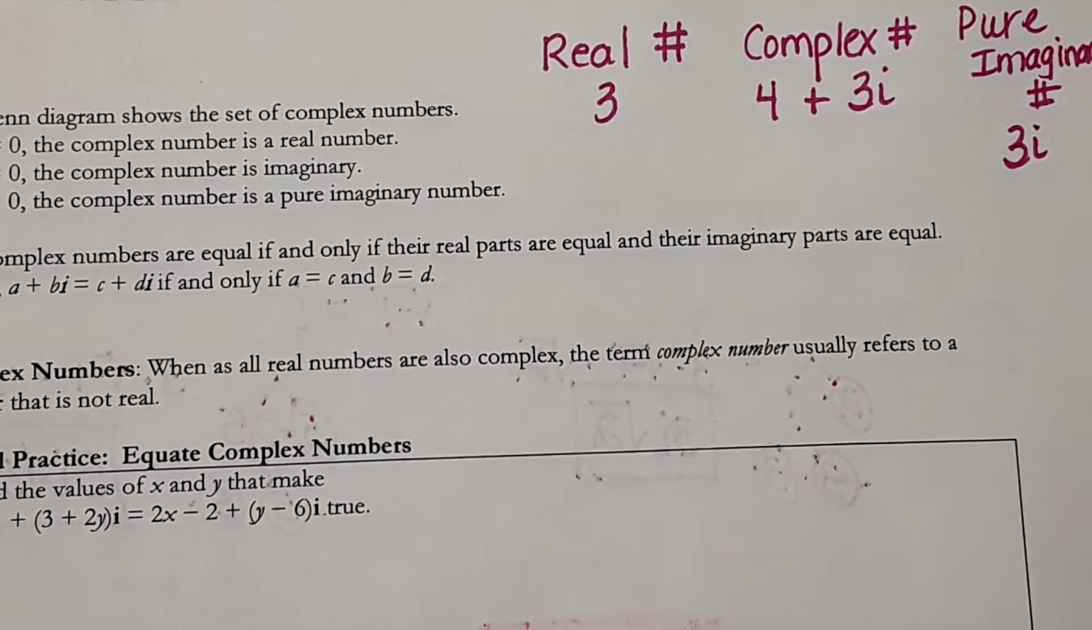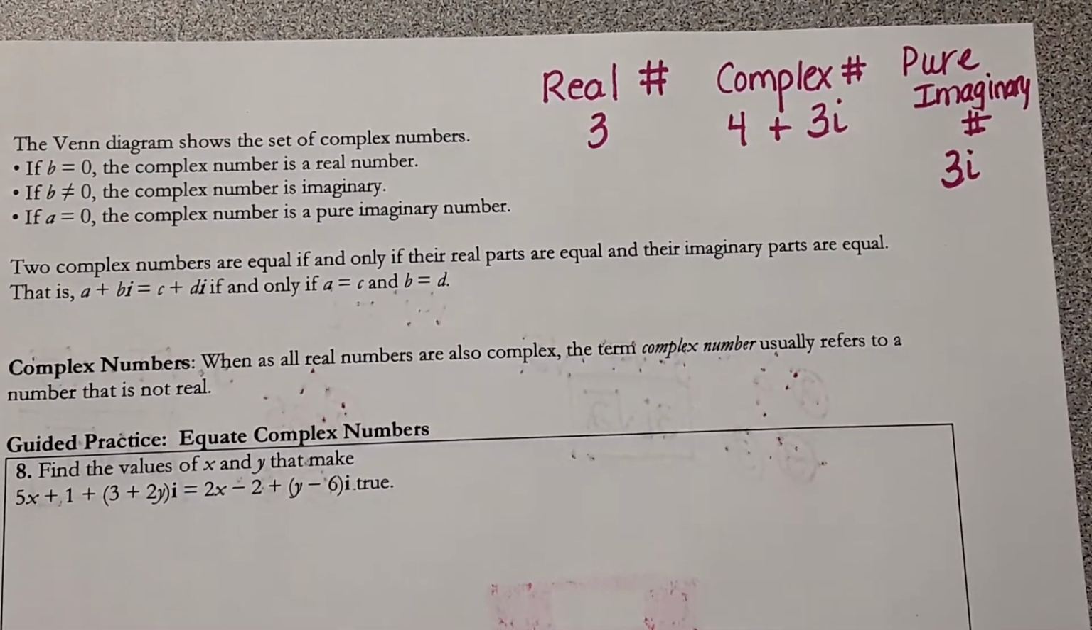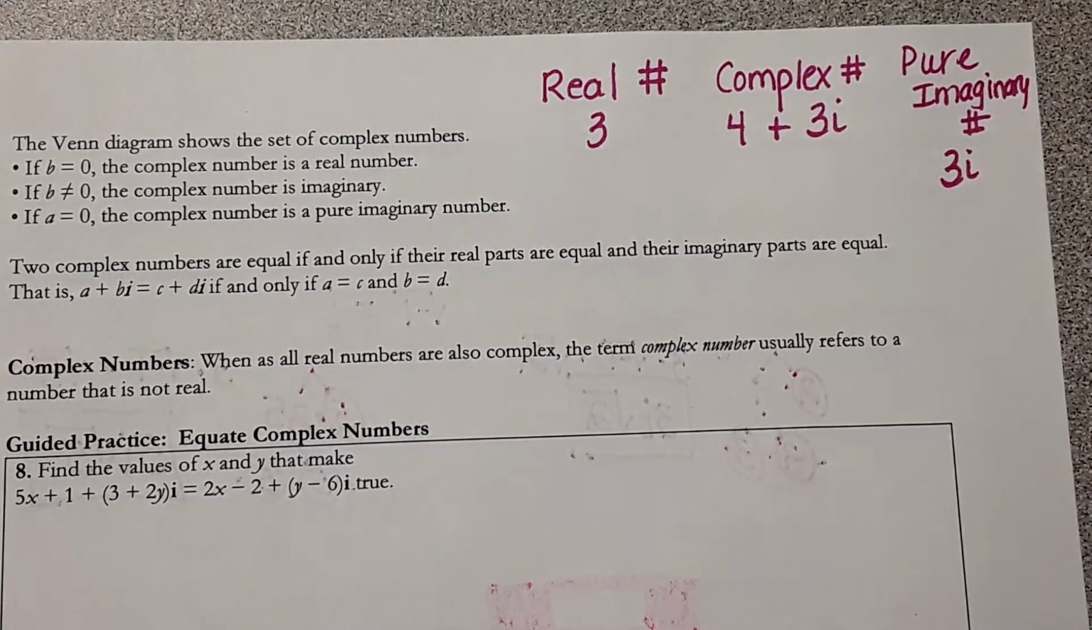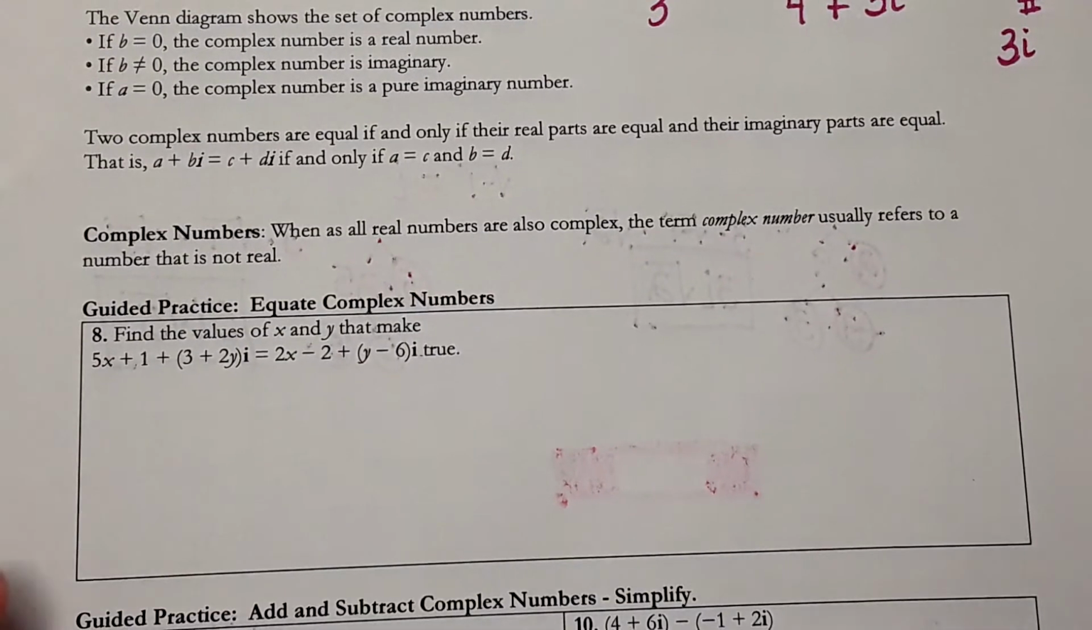So the reason that's important is so that you know what is the real part, what is the imaginary part. Because what we're going to do next is we're going to solve for x and y. We're basically going to solve a real part of the problem and the imaginary part of the problem. So it says